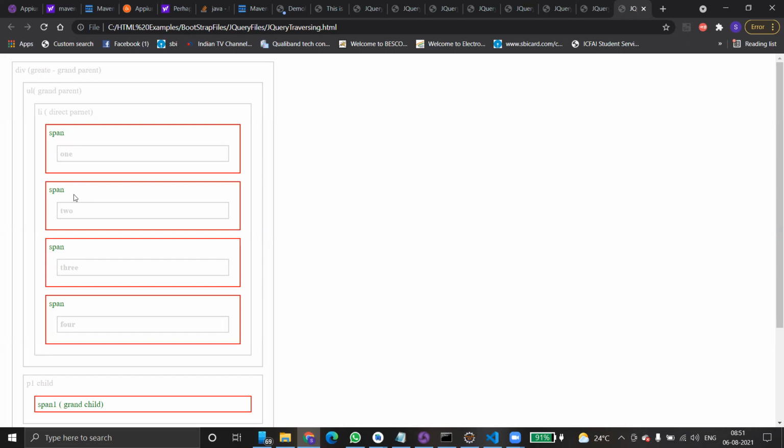Similarly, we have prev, prevAll and prevUntil methods, which work just like the methods using the reverse functionality of next. We are using next, right? The reverse functionality of next is prev.